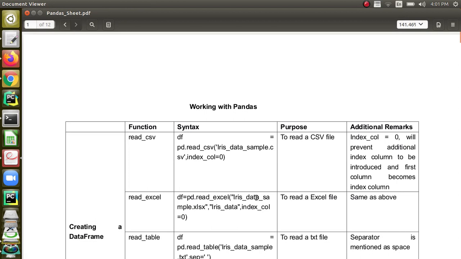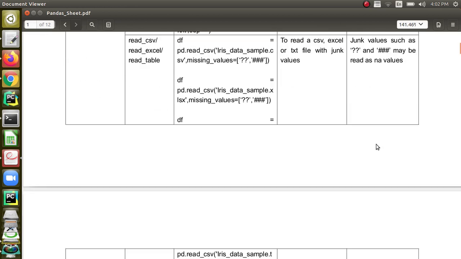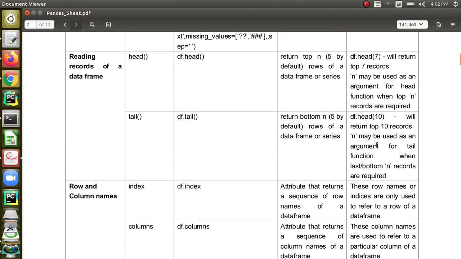This PDF contains like function name, and then what is the syntax, purpose, then any remarks I have added. Sometimes like we have to give in place equal to true, those details I have given. And I also have segregated the functions into groups like this. These are all the functions that are helpful for reading records. This is for column names. Like that I have made it simple for every one of us to remember.